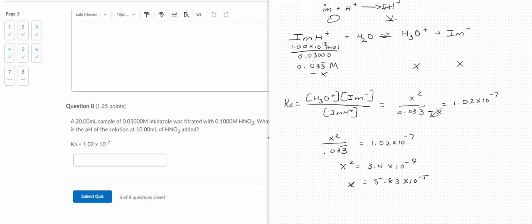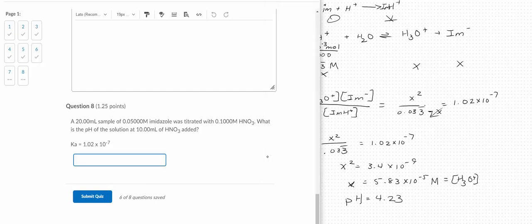So this is where we stop and go, but what does x represent? Well, x represents the concentration of the hydronium ion. And because it represents the concentration of the hydronium ion, I can just take the log of that value and find that the pH, which is what we were looking for, the pH is 4.23 at this point. So I do expect your values to be different on a problem like that, but reach out if